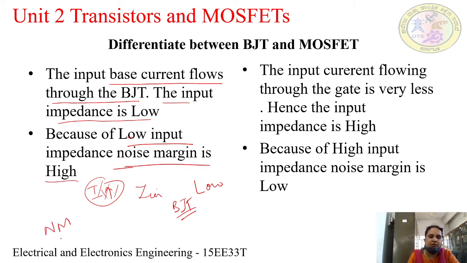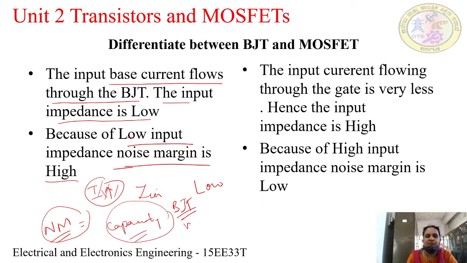What is the meaning of a noise margin? You have already studied this in your digital electronics chapter 1, I feel. The noise margin is how much noise, or within what range of noise, it can handle. BJTs have a higher noise margin as compared to the MOSFETs. It is the ability to tolerate signals. What kind of signals? Signals from vehicles, signals of the mobile, that is electromagnetic interference, and some unwanted voices. All these voice disturbances come under noise.